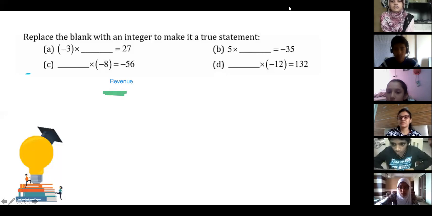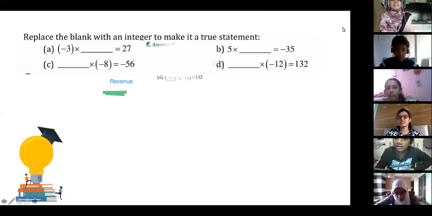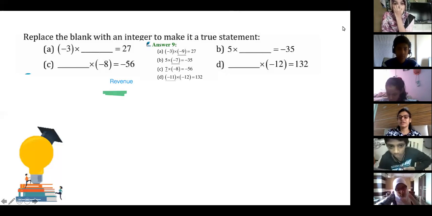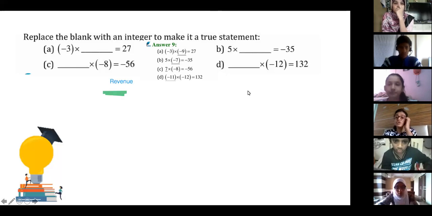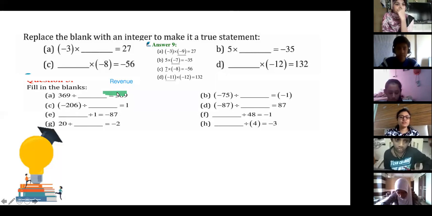Yes, this. What do you say? You can divide it and find out. Dash into minus 12 equals 132. No, 12 12s are 144. Ma'am, 12 11s. You can divide. 11. Minus 11 into minus 12. Correct. The answer is plus 132. So it will be minus 11 because since you are not getting what to multiply, divide it here. 132 divided by minus 12, you'll get the answer minus 11. So this way you can do. Okay, next question.